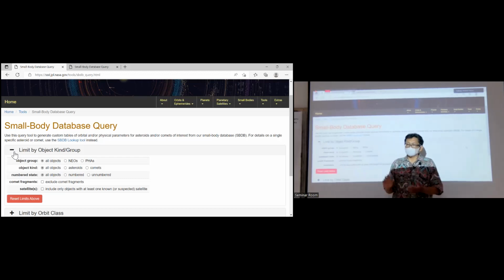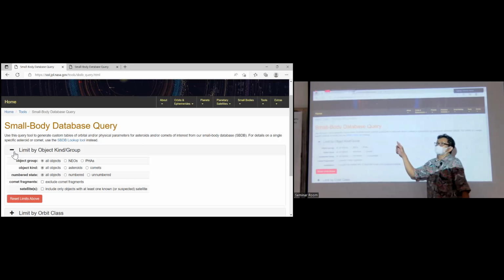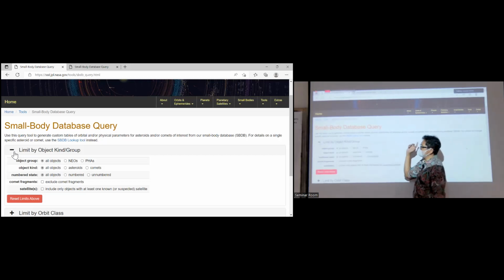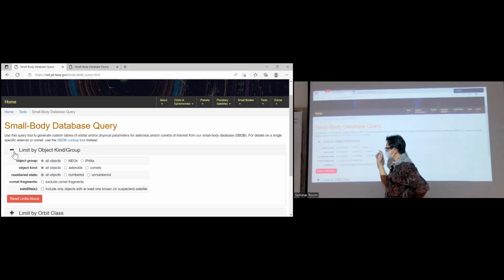Numbered means whether the object has a number or not. For example, previously I saw asteroid 2016 HO3. This asteroid has not been numbered yet.